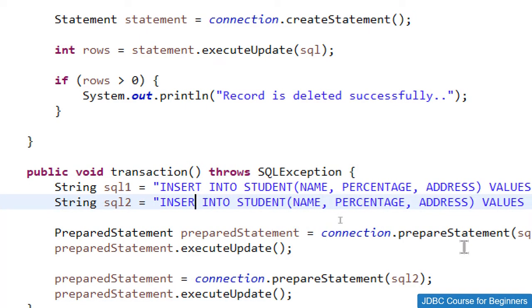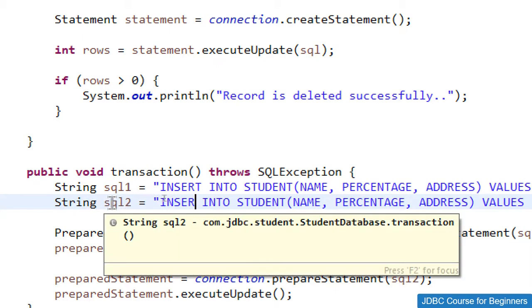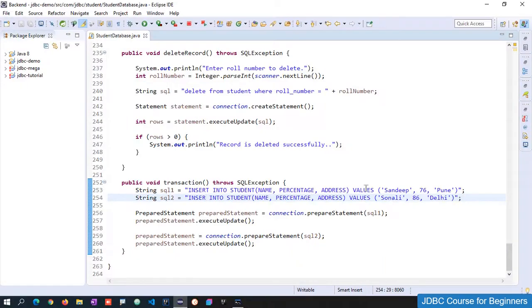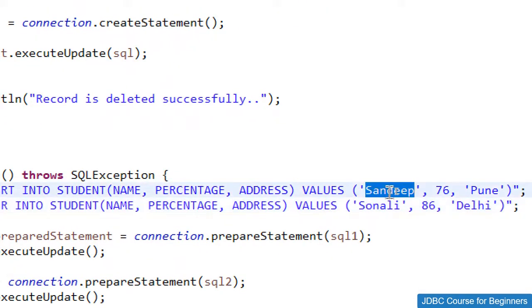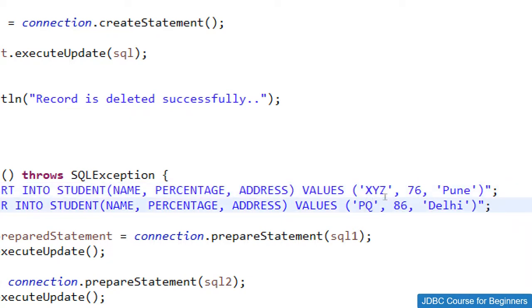So again what will happen, it will try to perform the first operation and the first operation will be performed successfully, and it will try to perform the second operation, but in the second operation it will throw one exception because we have one spelling mistake over here, and in that way it will fail for this second query. So now let me save this one and let me change the values so that we will get an idea about this one. So let me make it as XYZ and let me make it as PQR like this.